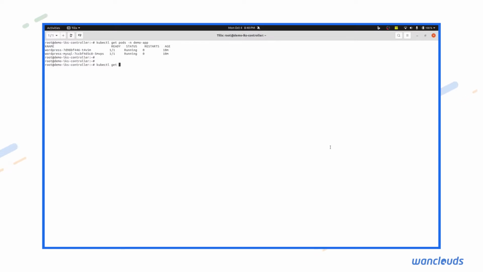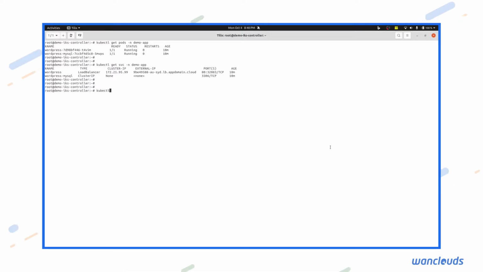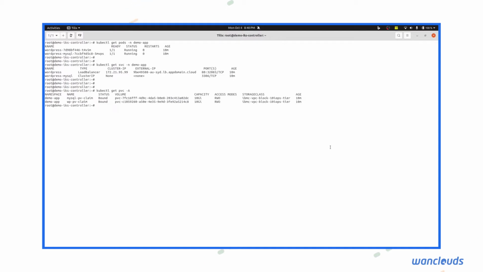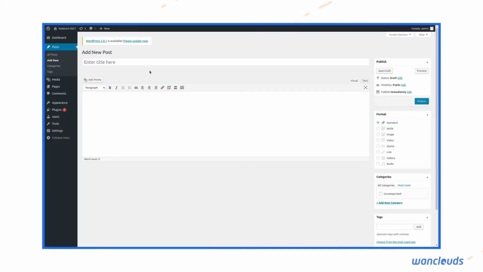These are the pods. It is a WordPress application with its data sitting in persistent volumes, and this is the load balancer IP through which the front end is exposed. So let's visit the application. We are going to populate the persistent volumes by creating a post. So let's do that. Let's add some sample post, publish it so the data is saved.